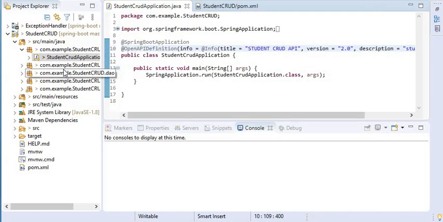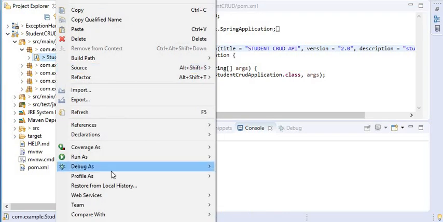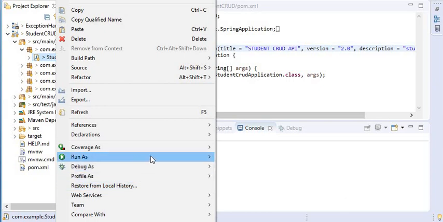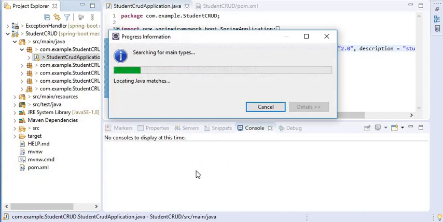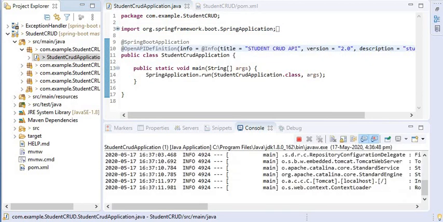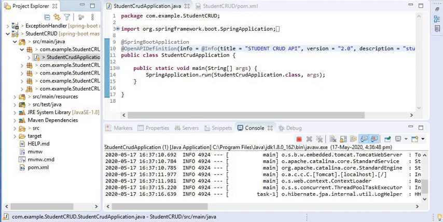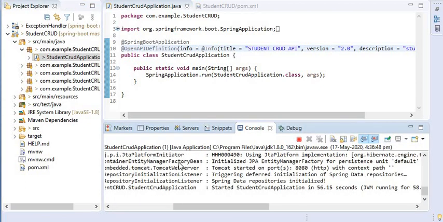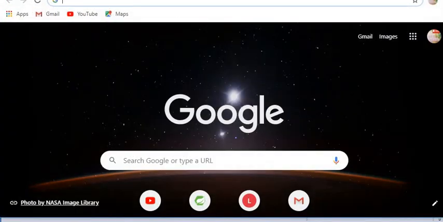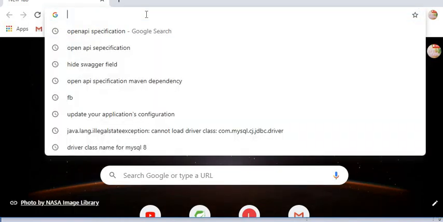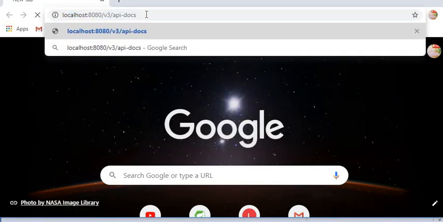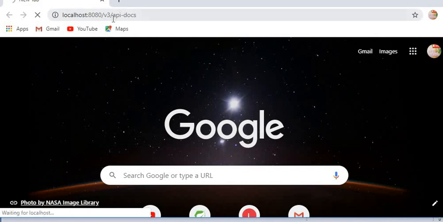Now I will run this API, go to my main class and run as the Java application. Now my Tomcat server will start. Now my application started. Now I will go to Chrome, and here I will open localhost 8080/v3/api-docs.